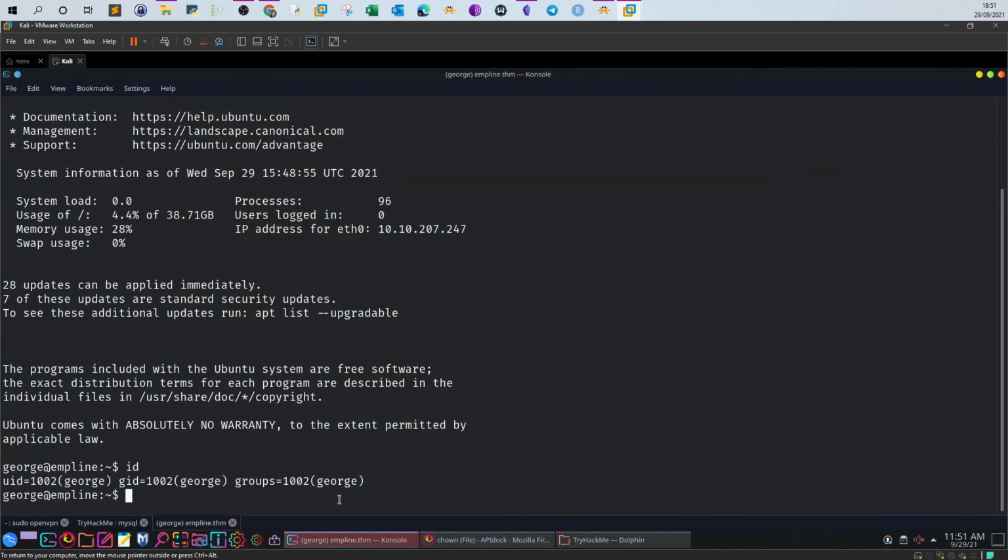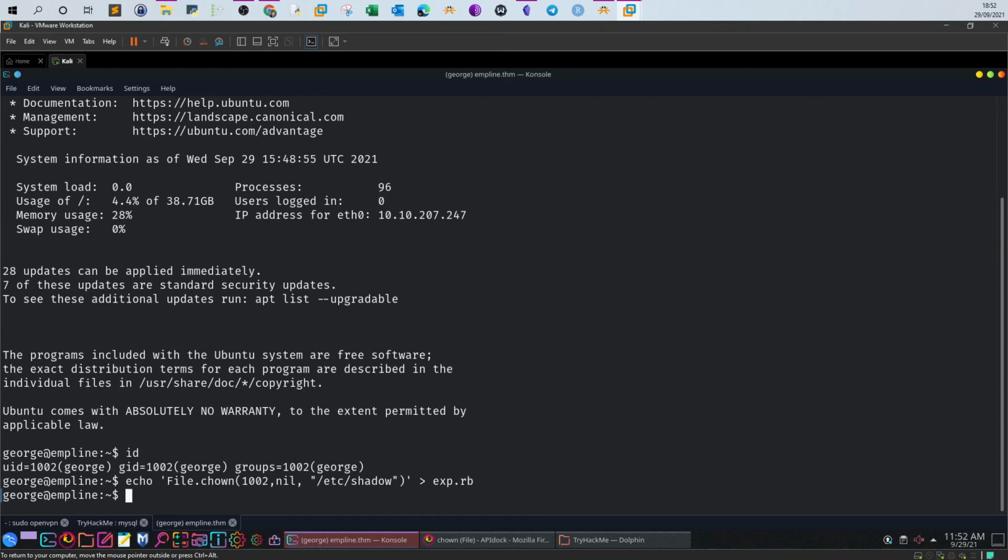So if I type echo, file, 1002 for George and then nil for nothing, and then I type the file that I would like to change the ownership of, /etc/shadow, because at the end I would like to be able to escalate my privileges by being able to manipulate the shadow file. Let's say exploit.rb. Okay, now if I run the exploit with ruby